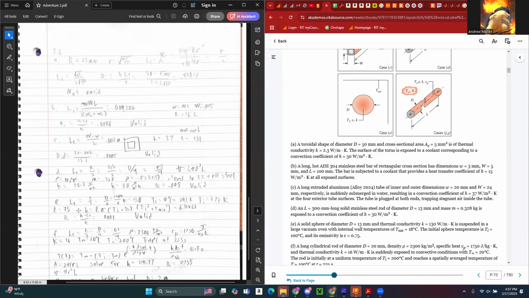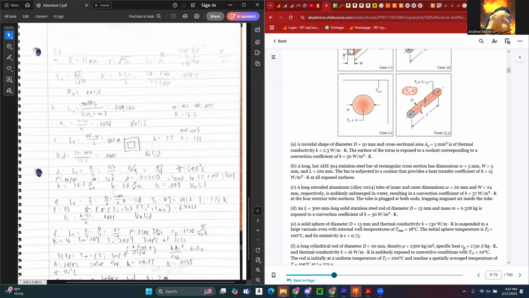So normally the Biot number is h L_c over k, or thermal convection coefficient times characteristic length over thermal conductivity. However, this is in a vacuum, so there is no convection, but we can equate the radiation of the sphere to a thermal convection coefficient. All that we have to do